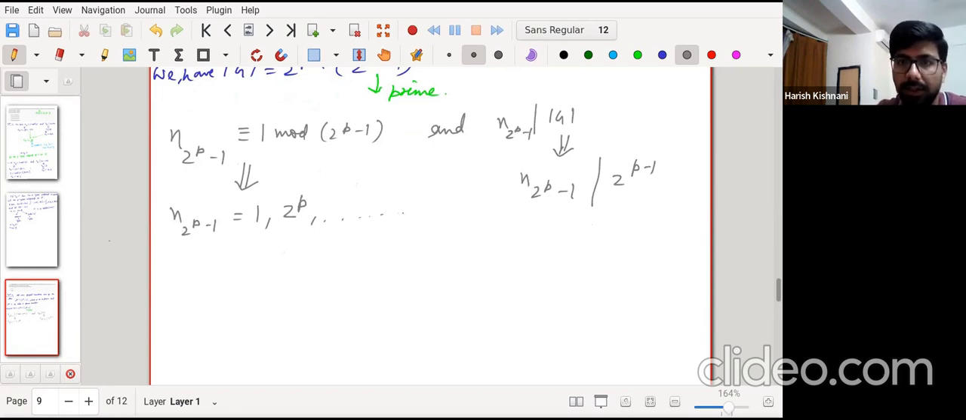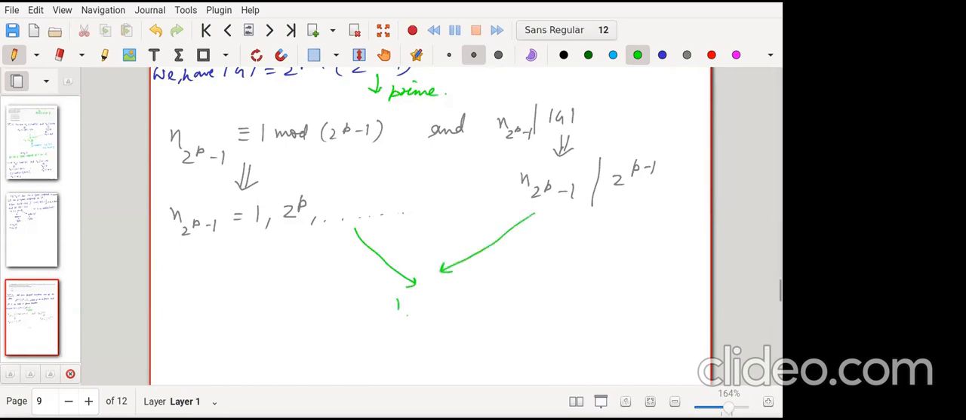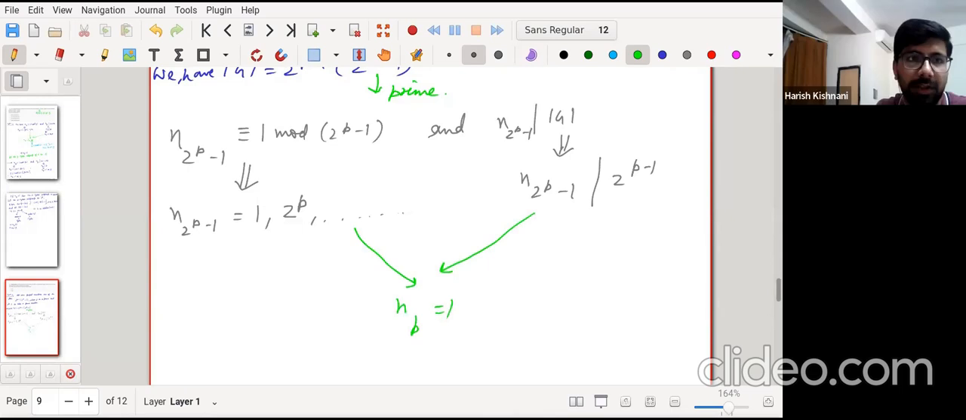So what does this say? This number has to divide 2^(p−1), and this number is of this form, either 1, 2^p, or something bigger than 2^p. So these two imply that n_p has to be 1. Oh sorry, not n_p, I'm writing the same notation. It's n_(2^p−1), that is going to be 1, which implies